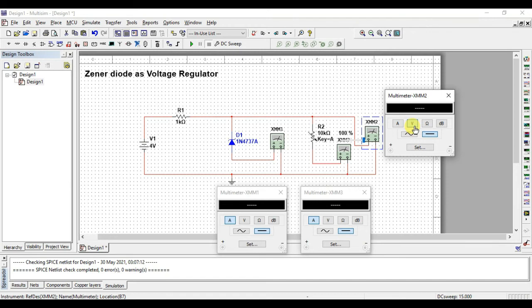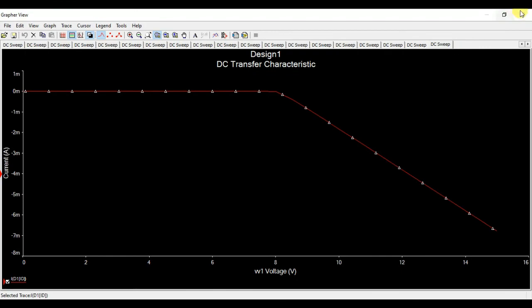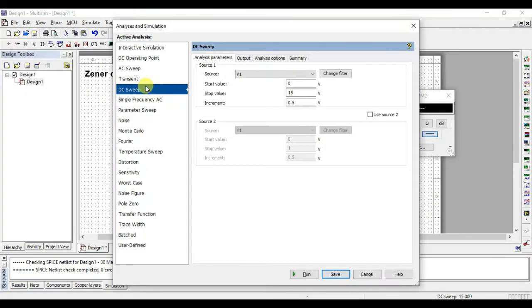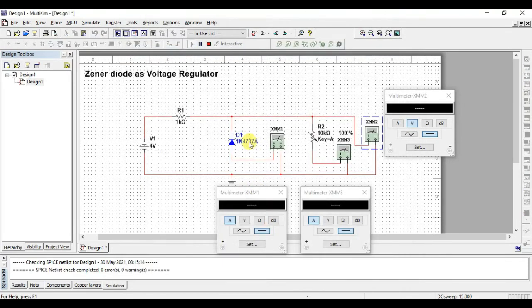So just run this one. This is DC characteristics. I'm just modifying it to the normal interactive simulation and running it. We can observe that when we give 4 volts as the input voltage, the output voltage is approximately 3.636. And the diode current is very small, 8.6 picoamperes, and the current at the output side is also very low.